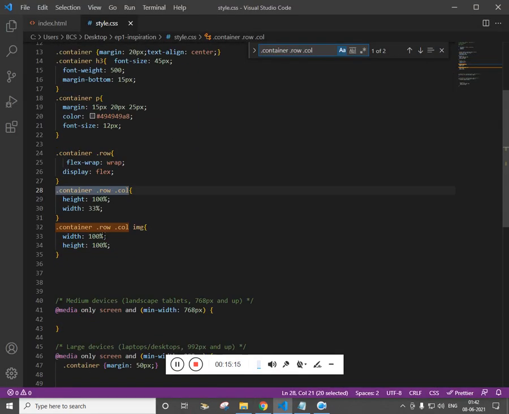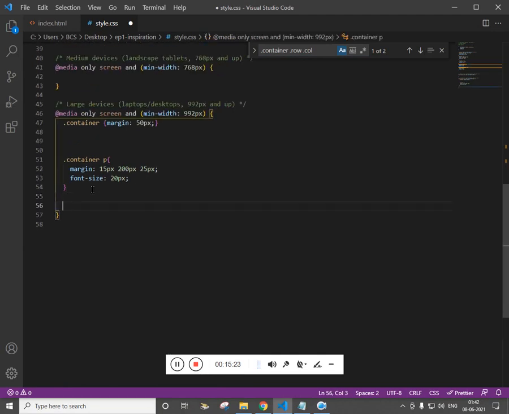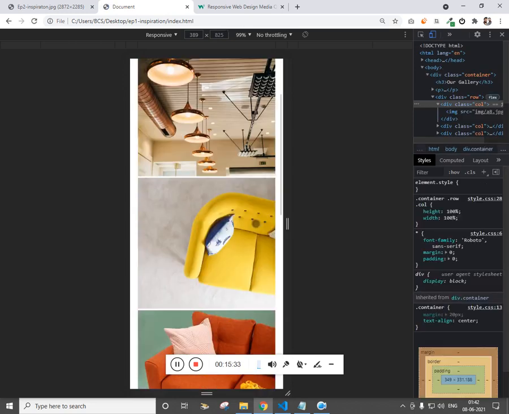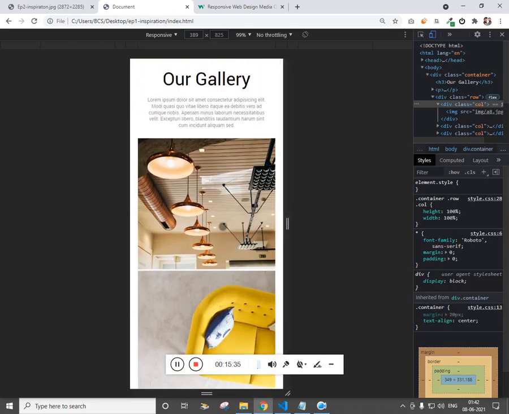On tablet we will do 50%. So we have just modified the width. So for desktop it is going to be 33%. Refresh this. So we have completed the mobile section.